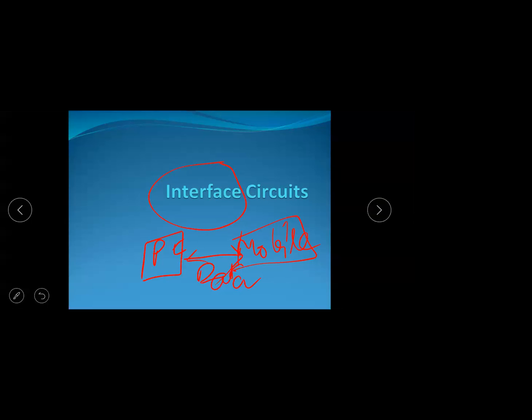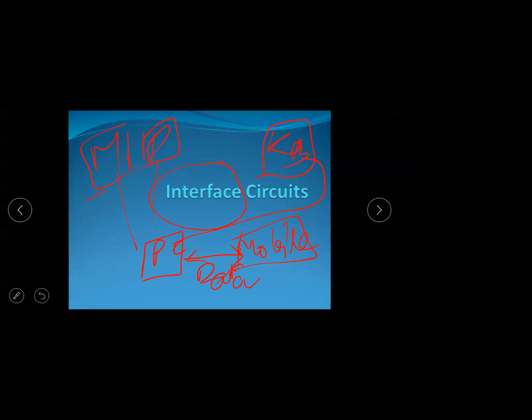Here the data cable acts as an interface between your computer and your mobile to transmit the data, because the data formats and speed in the mobile are different from the data formats and speed of the computer. Similarly, if you want to connect the IO devices, the keyboard, monitor, printer, like that, to the computer, we have to use the interface circuits,